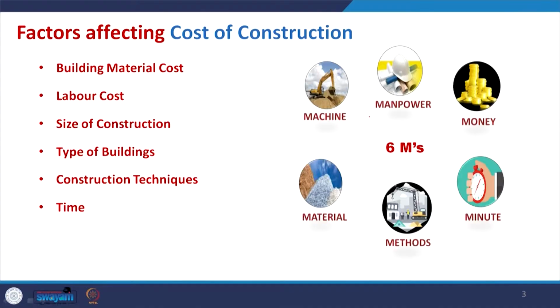The first relates to manpower, since manpower includes the fees that you pay for the architect, like those of you who are pursuing architecture and want to become architects tomorrow. You will do that work in terms of professional fees, and as a client, if you go to an architect, there is a cost involved. During the construction you have to pay the contractor or the labor, and various resource persons, the plumbing person, the electrical person. Either you pay directly, or you pay a contractor and he will take care of the distribution and the appointments.